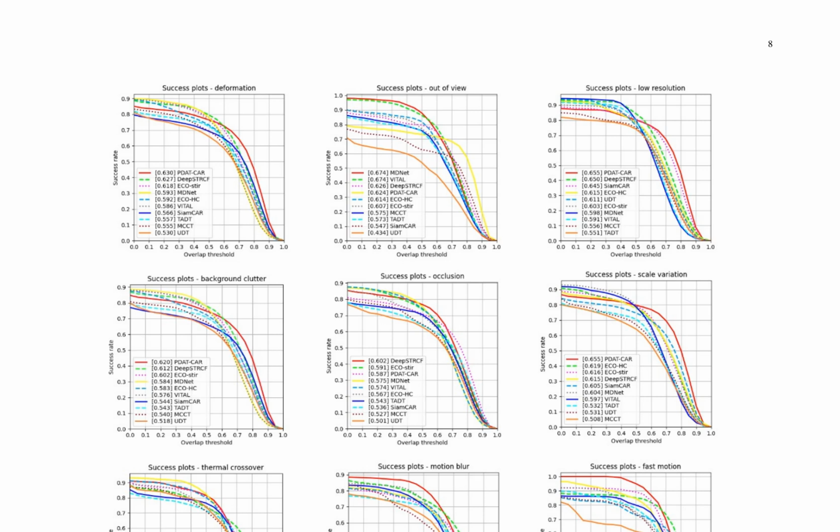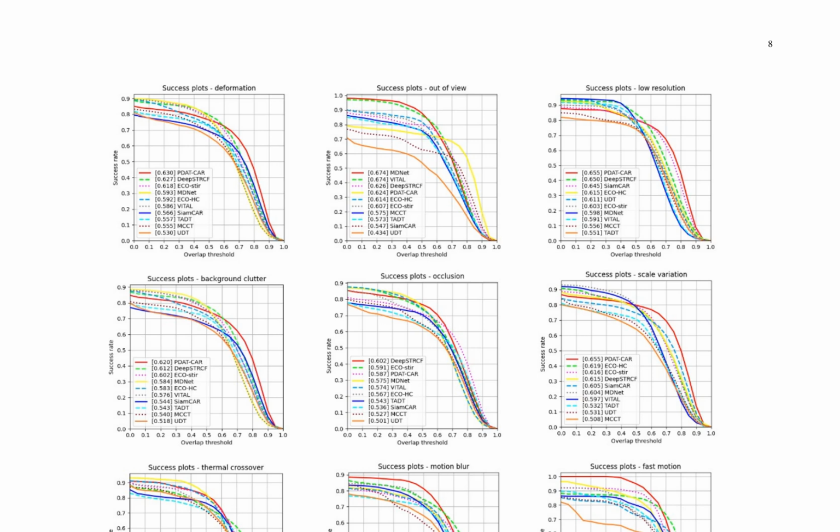In the VTUA versus dataset, PDAT-CAR obtains the second best performance in both mean success rate, MSR, and mean precision rate, MPR, with a 7.4% improvement in MSR and a 7.3% improvement in MPR over the baseline. This significant enhancement in recognition capabilities for small target objects is attributed to the excellent domain transfer efficacy and robustness